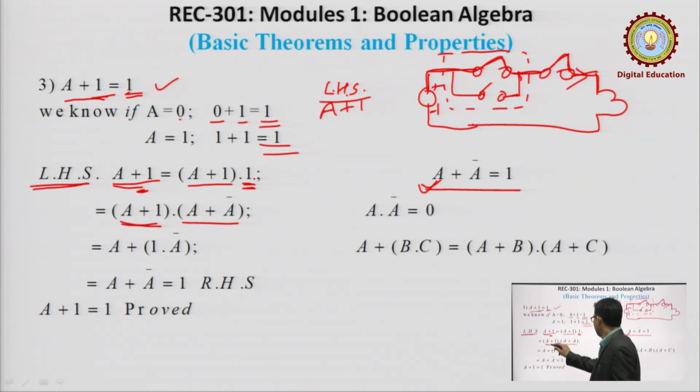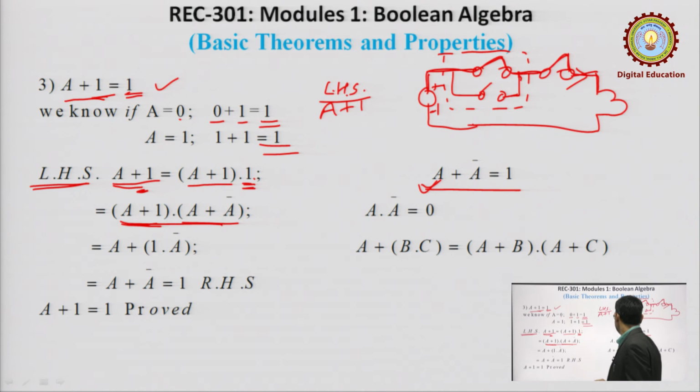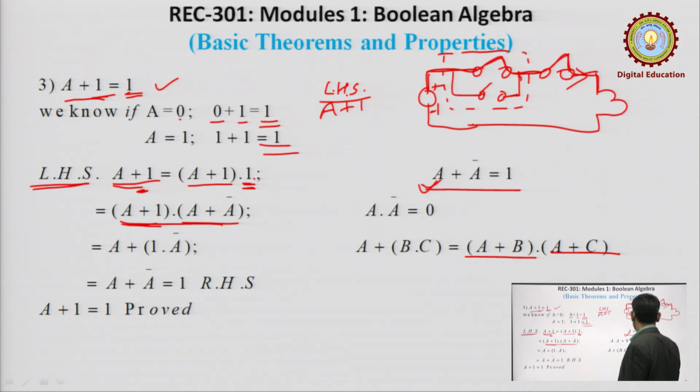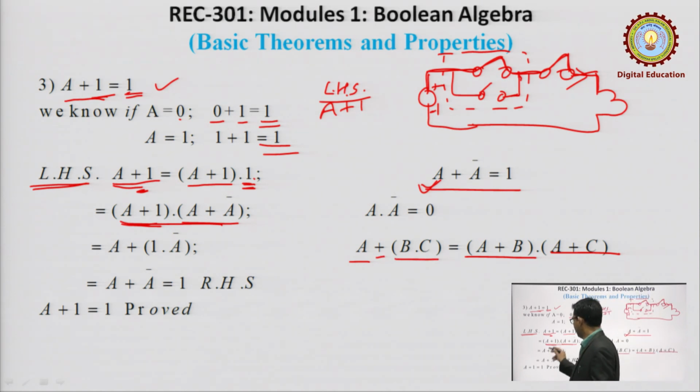Now, from this we know that A plus B dot A plus C, this is from here, A plus B and the second one is A plus C. So, we can write it like this, A plus B dot C. So, we have just reduced this equation like this one, the first one A plus 1 and the second one, okay,